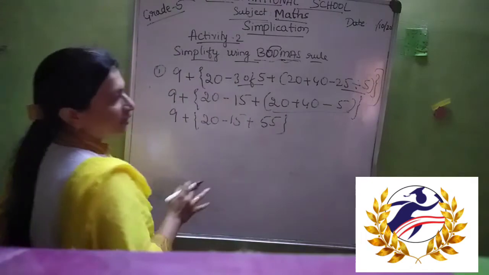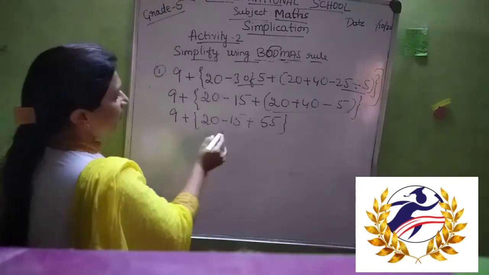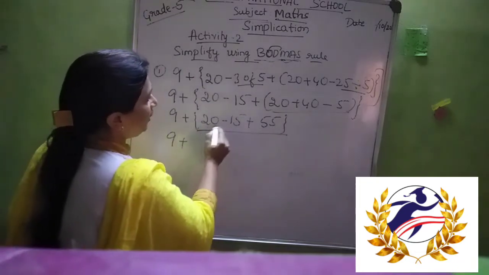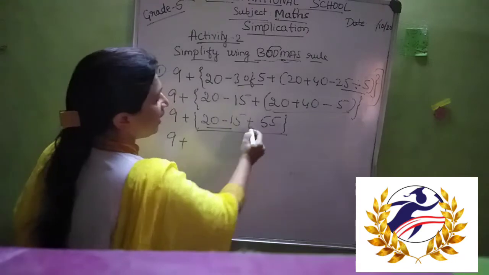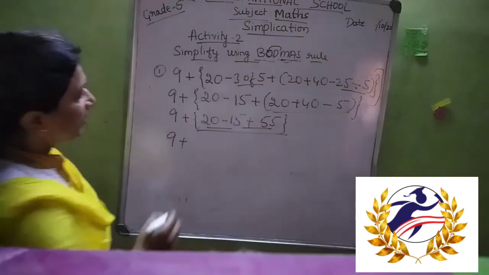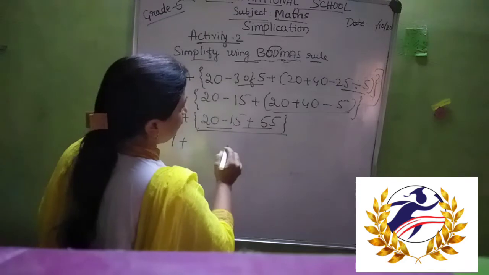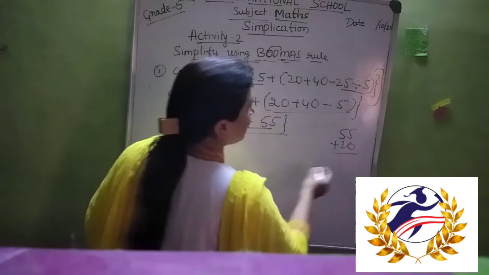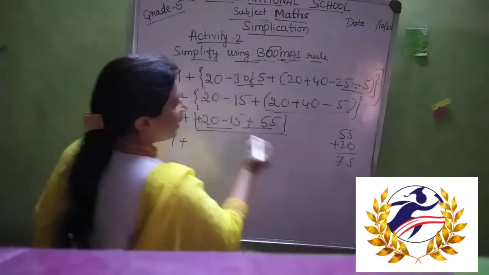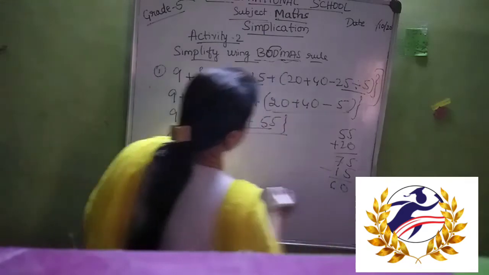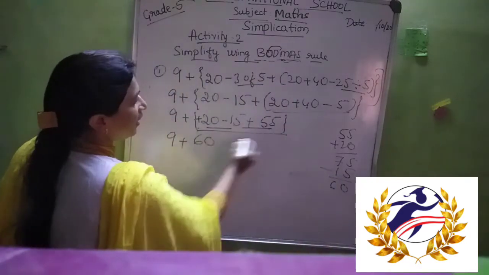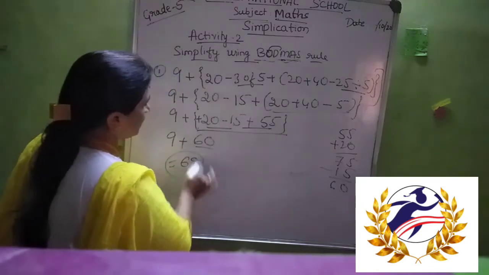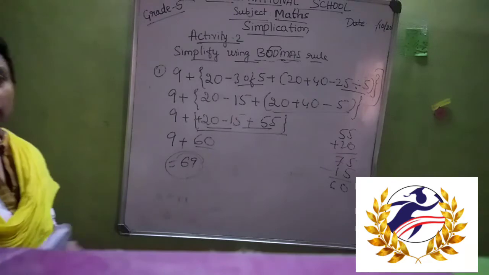So we have solved the numbers inside the bracket. Inside this bracket now, 9 plus 20, before doing minus we should do plus. So 20 minus 50, this is also plus and this is also plus. 55 plus 20 we do first, so 75 will come, and then minus 15, 60 will come. So inside this bracket whatever is there gives the answer 60, and then by adding these two we got 69. So this is the answer for this problem.